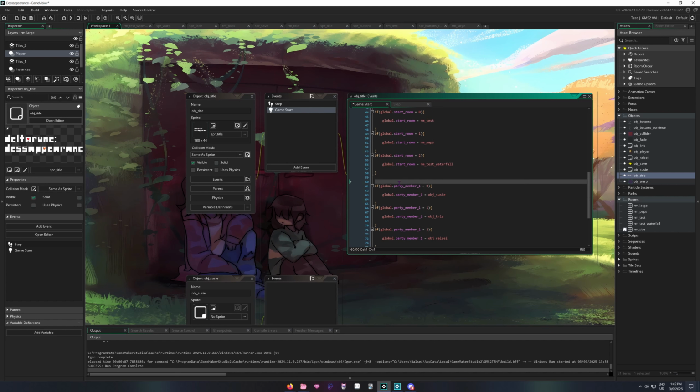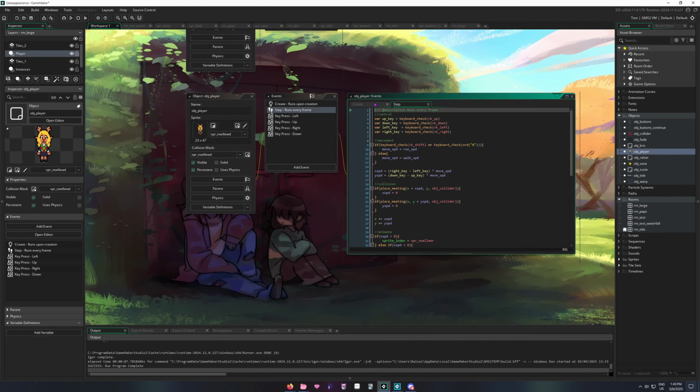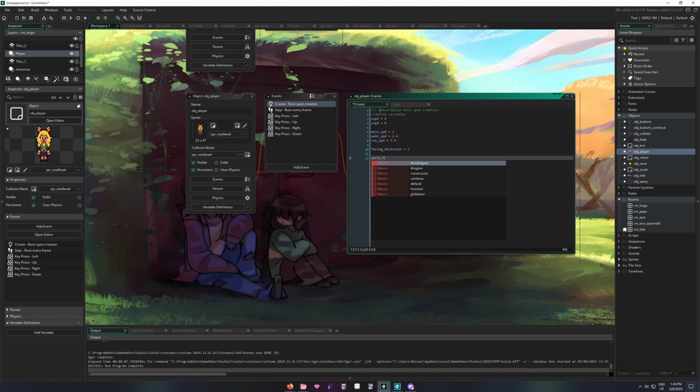So we can actually add a comment here and just say, assign party members to correct spot. And party member 1 is going to be the first person after the leader, and 2 is going to be the second one. And we just want to have all the possible combinations that you might want to have in your game. Alright, so now back in player, in the create event, we want to say party_follow equals